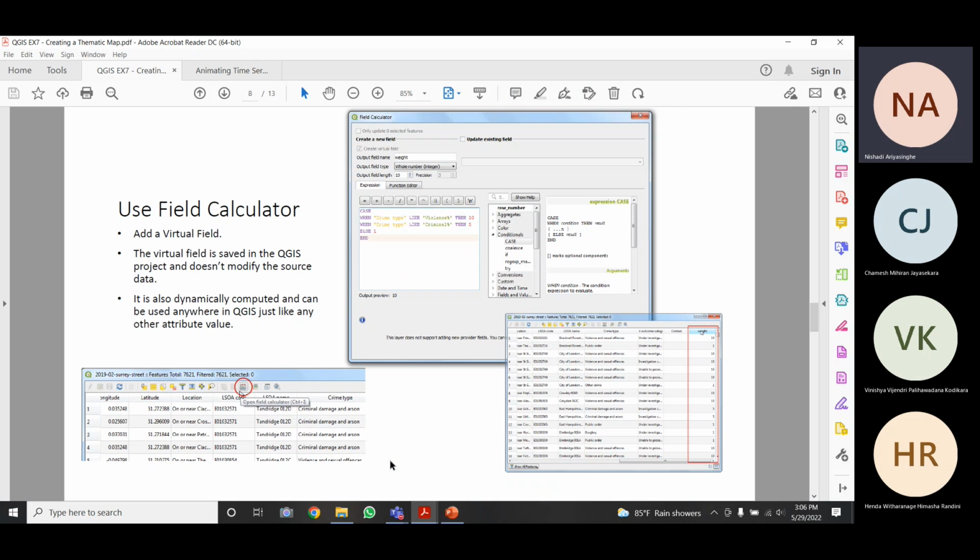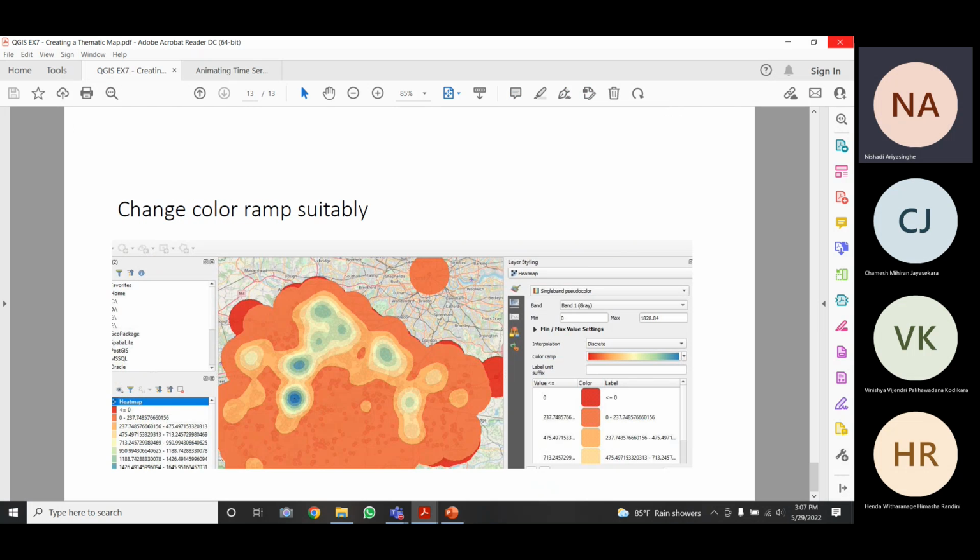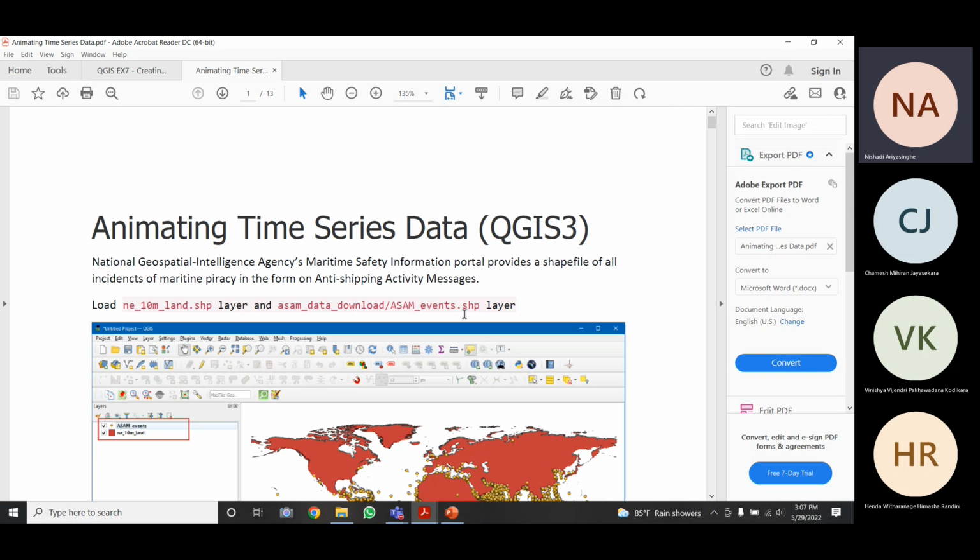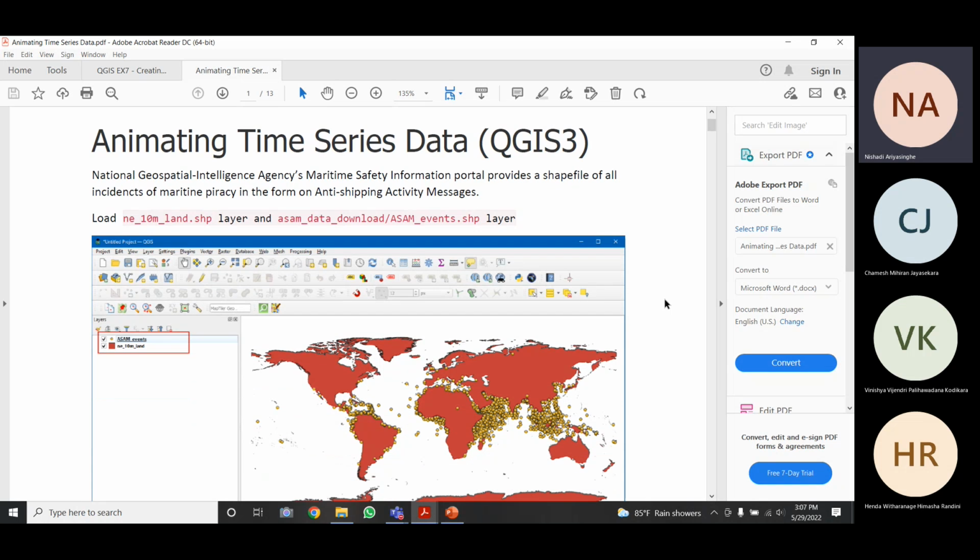Next, as I mentioned, we will move on to talking about, okay, but first, before that, I have given you this handout, animating time series data. Animation is actually not required in your assignment. You do not need to animate anything, but this is very interesting. That's why I have given you.